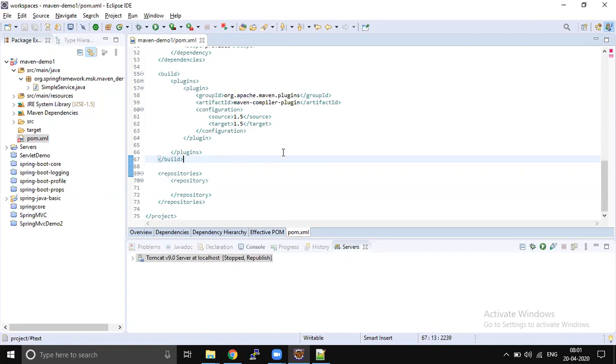For example, before pushing the code into Git or ClearCase or some other SCM, you want to make sure all the Java files are fine. Otherwise, what will happen? Your Jenkins build pipeline will fail. So just before pushing the code, you can just run your Maven goal to test locally, so that you can save a lot of time.